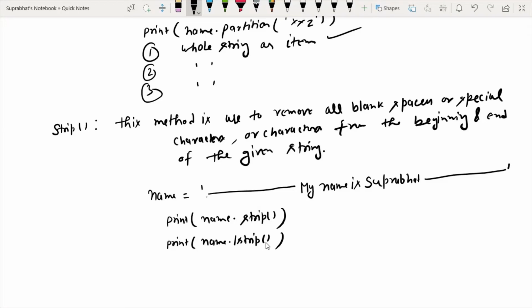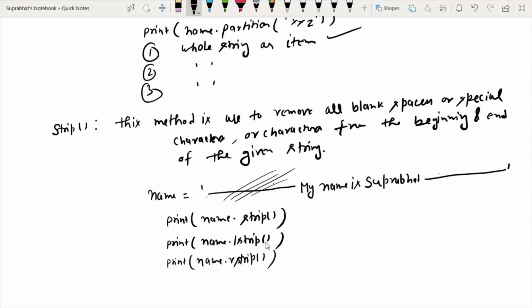It will remove the left side blank spaces or characters of the given string. So this is left, this is right; it will remove these blank spaces or any special character that matches.